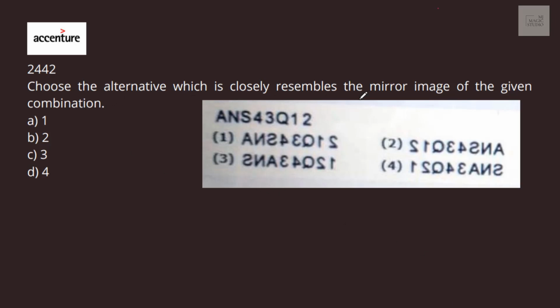Okay, choose the alternative which closely resembles the mirror image. Mirror is always like here. So how this should be 2, isn't it? And the last one should be like this. A resembles A in the mirror. So it doesn't start with 2, it looks like S, it is 1. Only option 2 is perfect. This is 2 and we are getting A. We can check. This is N like this, 1. Beautiful. Q goes there. Fine. I'll go with option 2, and that is in option B.